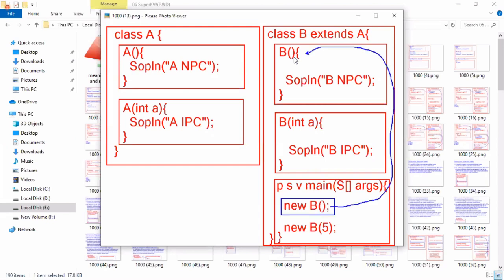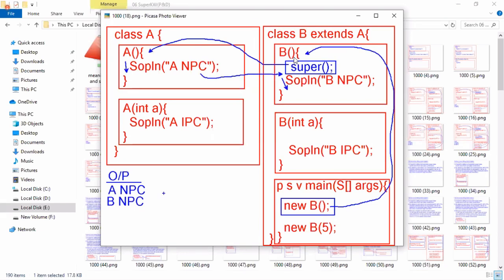When you call the no-param B constructor, control will call the no-param constructor of the super class because of the super constructor call in the background. Then control comes back to the subclass constructor, its logic is executed, and the message is displayed. Next, when you call the int param constructor of class B explicitly, it will go there.